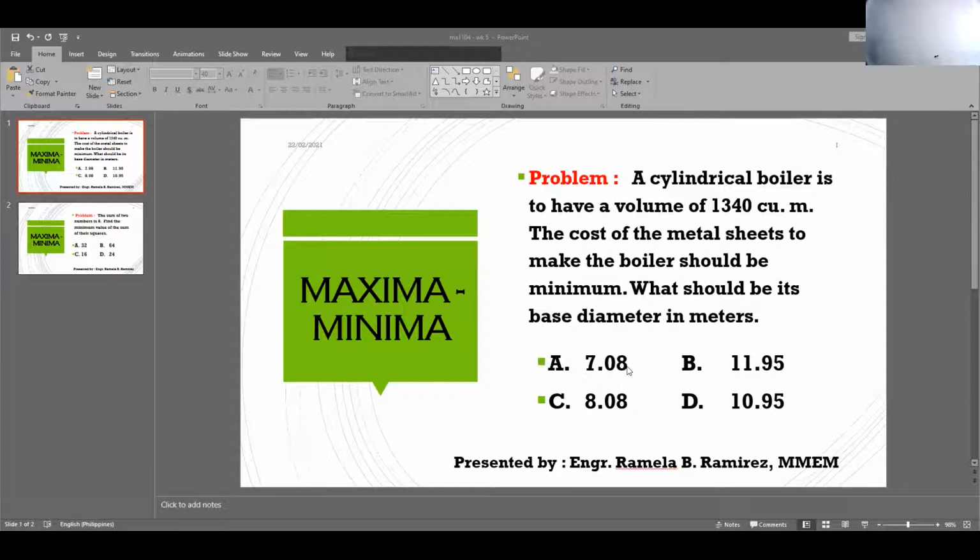We have four choices here. A is 7.08, B is 11.95, C is 8.08, and D is 10.95. So again, the question is, what should be the base of the cylindrical boiler